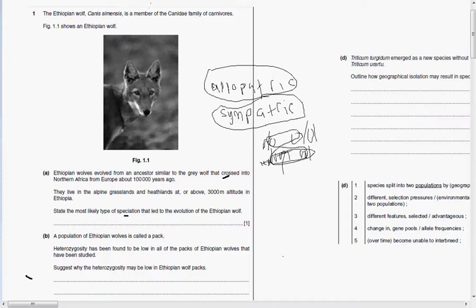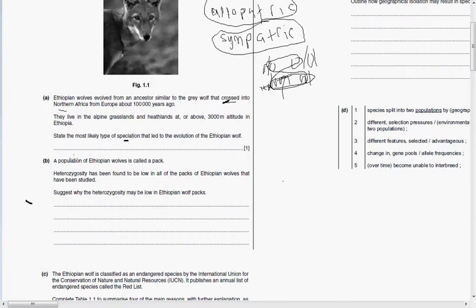So here, since we have this grey wolf that crossed into northern Africa and all that, we conclude that this is nothing about sympatric. This is surely about allopatric speciation. So the type of speciation is allopatric. Then,